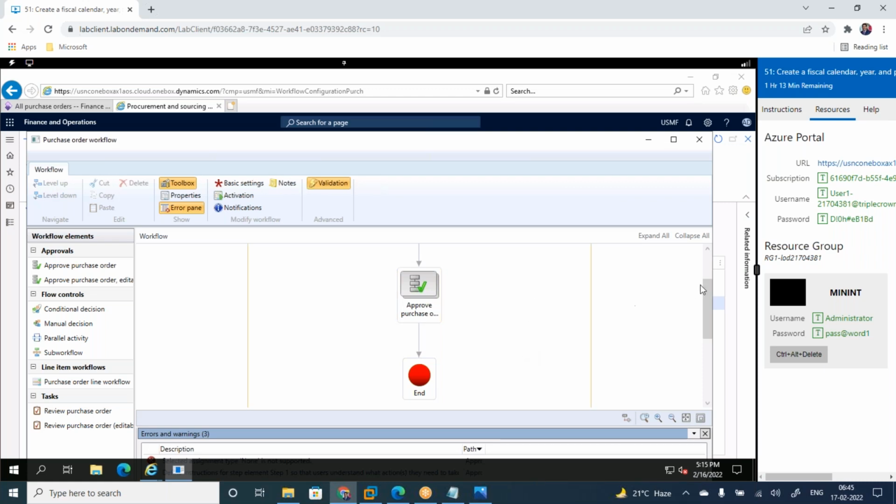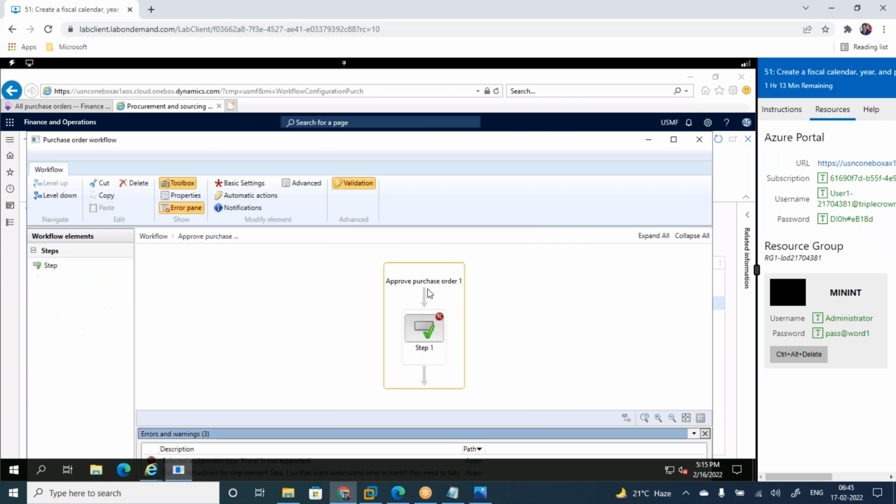Okay, now the majority of errors are gone. Earlier it was showing some red. Now you need to double click, then it is once again showing a red star. Right click, properties,